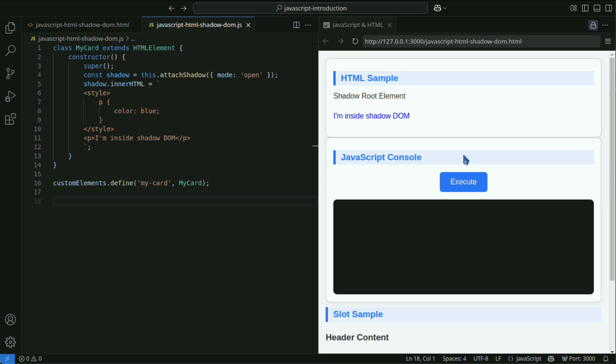Slots allow you to project light DOM content into the shadow DOM. Here is an example.